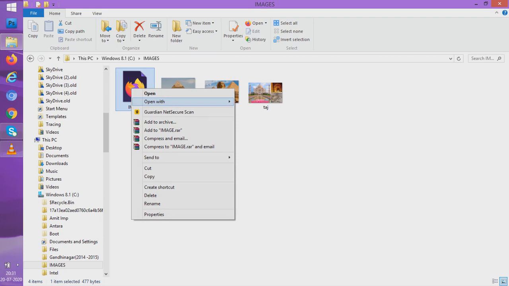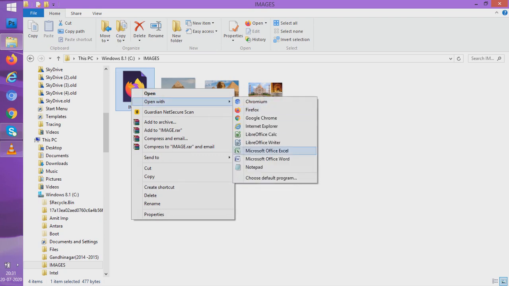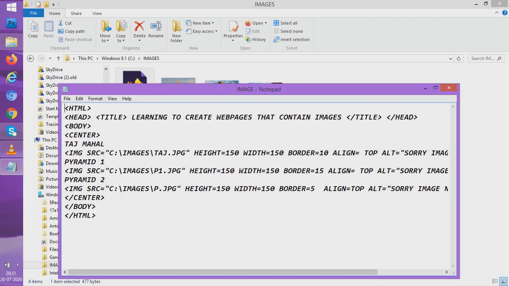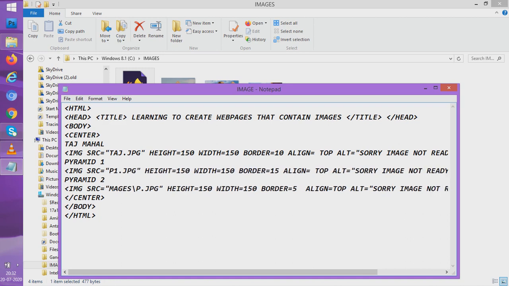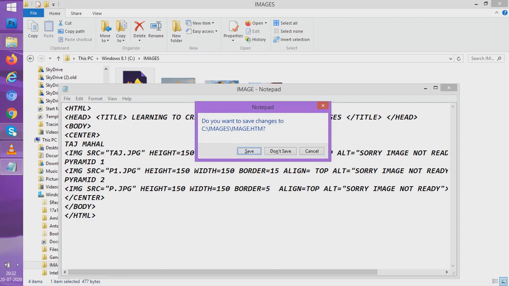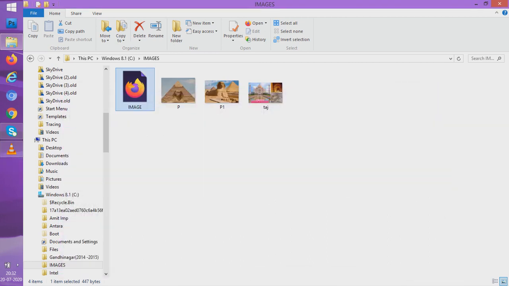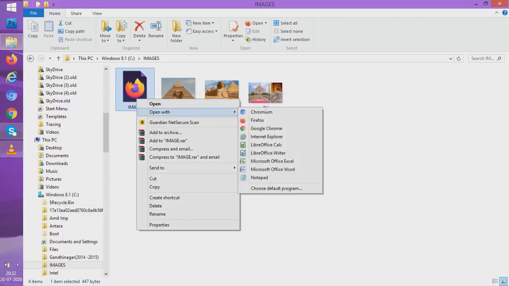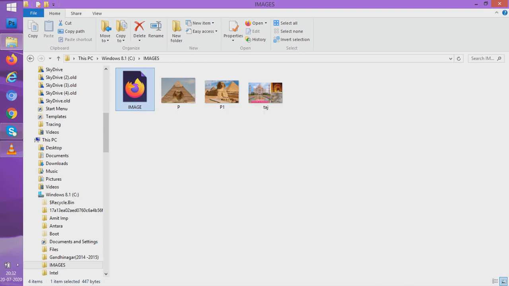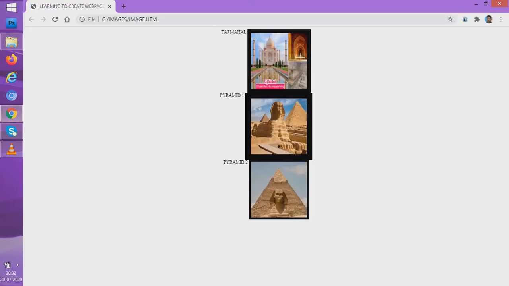So if I even now remove the path and only write, say, taj.jpg, then also HTML is going to show these images. Why? Because these images are in the same folder where this HTML program is. So did you see, students, what we did? We removed the path. Now we save it. Now as we save it, if you run it, no problem, because they are in the same folder. Within Google Chrome, we can see these images.